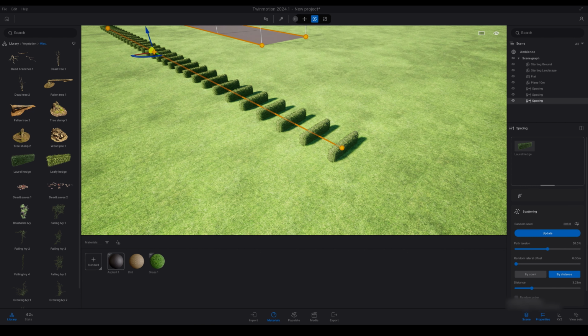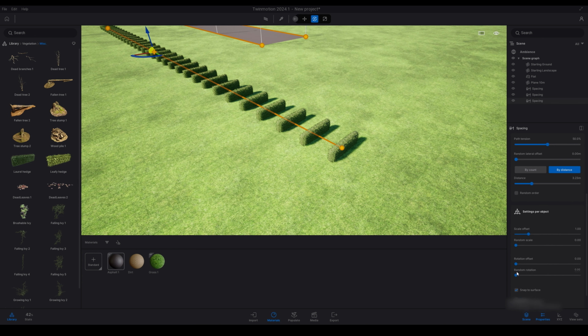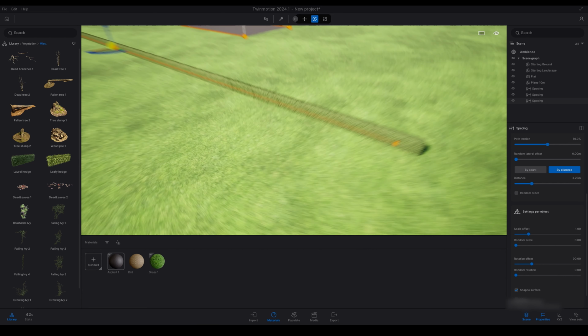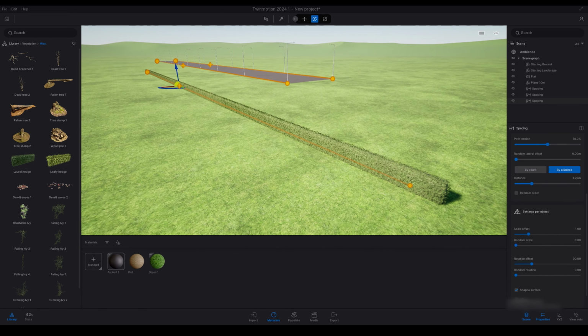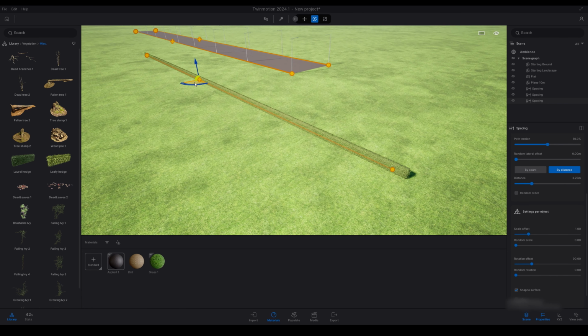And then I'm just going to look for rotate. So I need to rotate this hedge. So I'll adjust the rotation offset and change it to 90. And there you can see that we have a hedge that will follow our spline or our spacing tool.